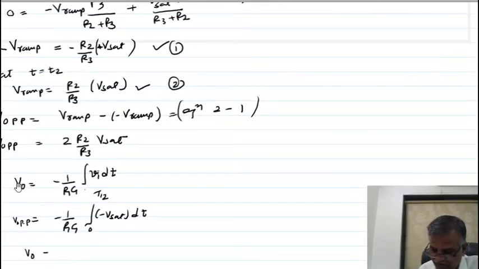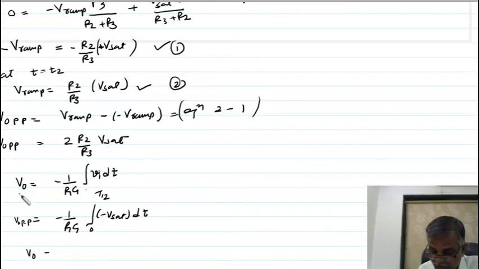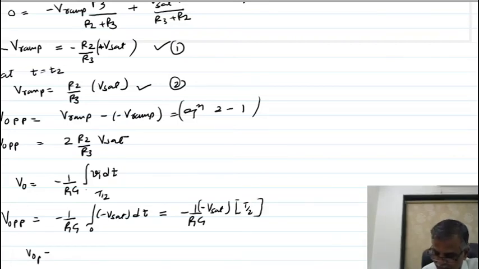So I am writing this equation, output voltage for peak to peak. So I am writing here VO peak to peak. This is nothing but the VO peak to peak for which voltage? Triangle waveform, like this. So I can write minus 1 upon R1 C1 times minus V set, integration of dt is nothing but t. I should write t by 2, you know. So my equation of the output voltage is V set upon 2R1 C1 into periodic time.